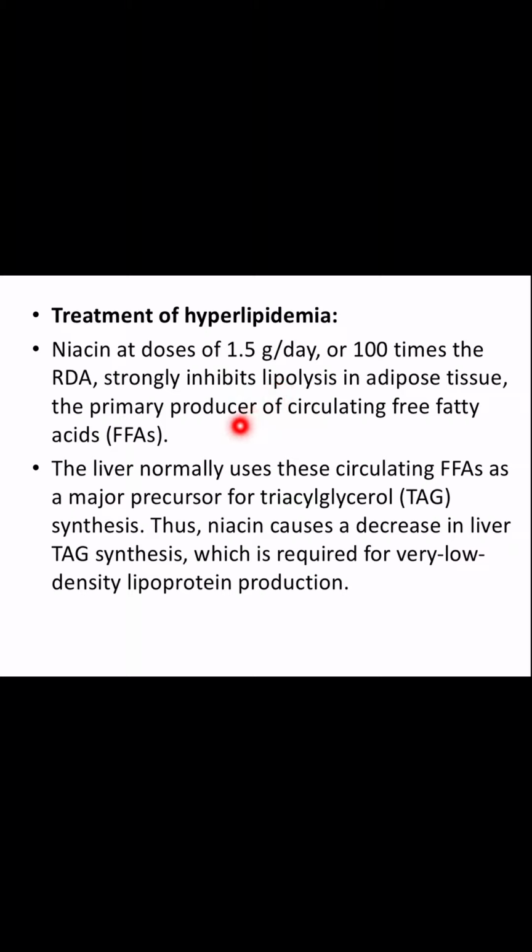When there is breakdown of fats, you have circulating free fatty acids. Now your liver uses these free fatty acids to make neutral fats, called TAGs. Then TAGs produce the lipoproteins like LDL, VLDL, which cause hyperlipidemia. Okay, so now what is happening? Niacin at higher doses is inhibiting lipolysis so that it cannot produce free fatty acids. The liver normally uses these free fatty acids to make TAGs. Thus, niacin causes a decrease in liver TAG synthesis, which is required for very low density lipoprotein production and then